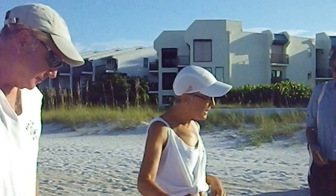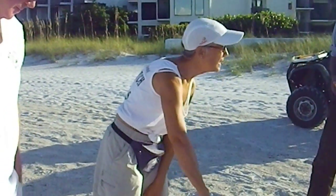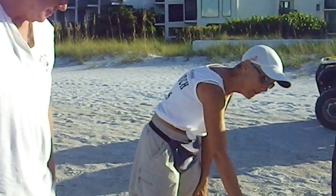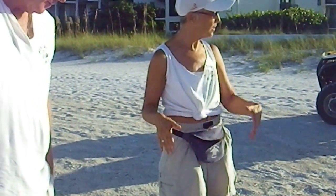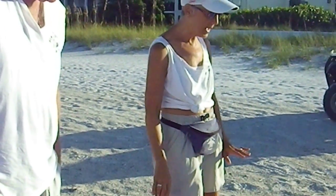So we come and we stake this out, and we'll mark it just with the number. We're in section 4 right now. The island is divided into 9 sections. We're in the 4th section, and this was the 23rd nest in this section that was laid. So that's what those numbers are. So we'll just stake it out, and we'll keep an eye on it until